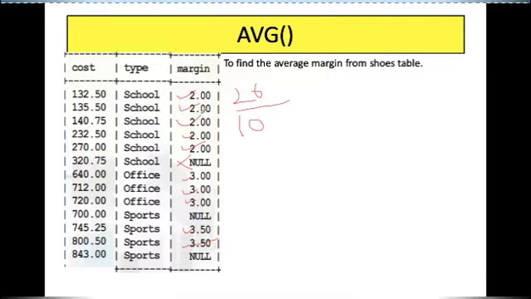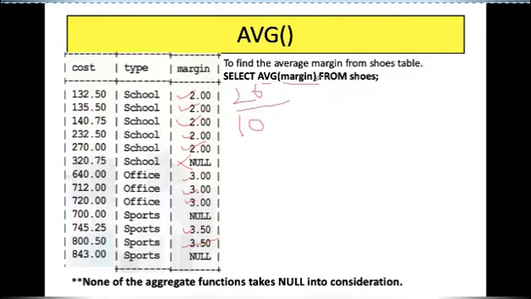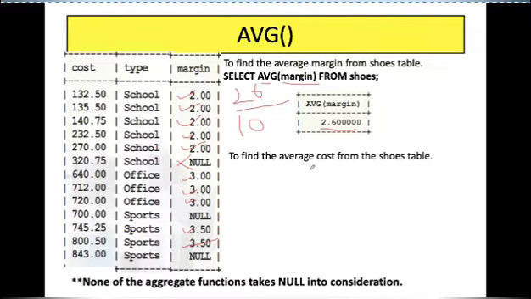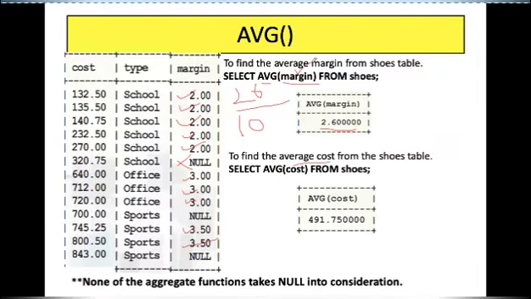We are not considering null values, because when you add null, then everything will become null. So let us see the query first. Average margin is passed as parameter. It is not considering the null value, so it comes out to be 2.6. I hope it is clear up till here. Now average cost: instead of margin, cost will be passed as parameter, and it gives this as output. It has summed all these values and divided by 13 in this case, because there are no null values in the cost. So this is the result which is coming.